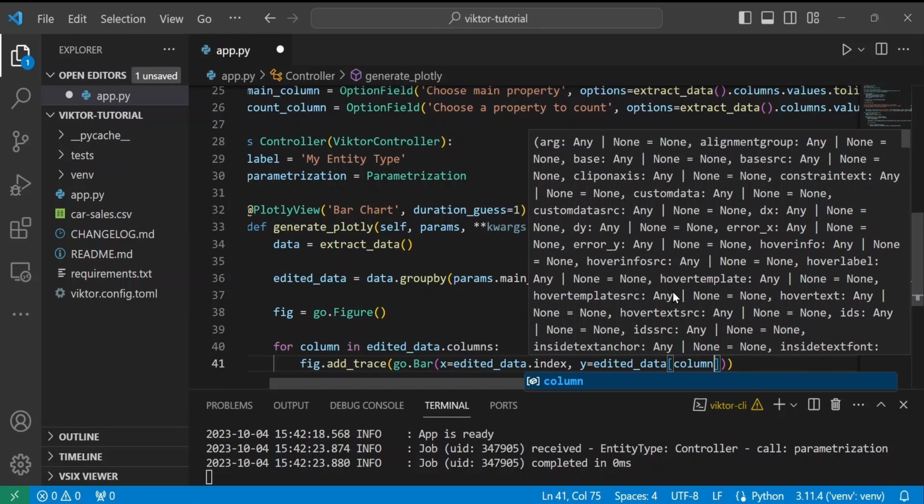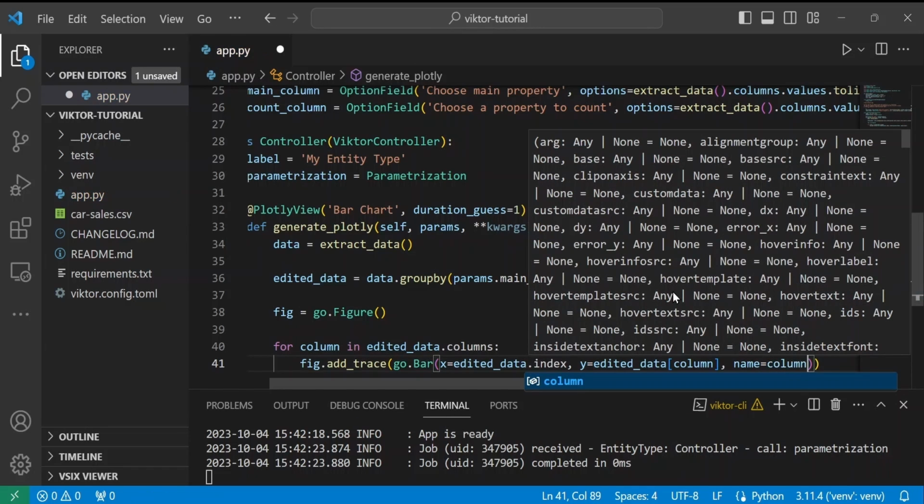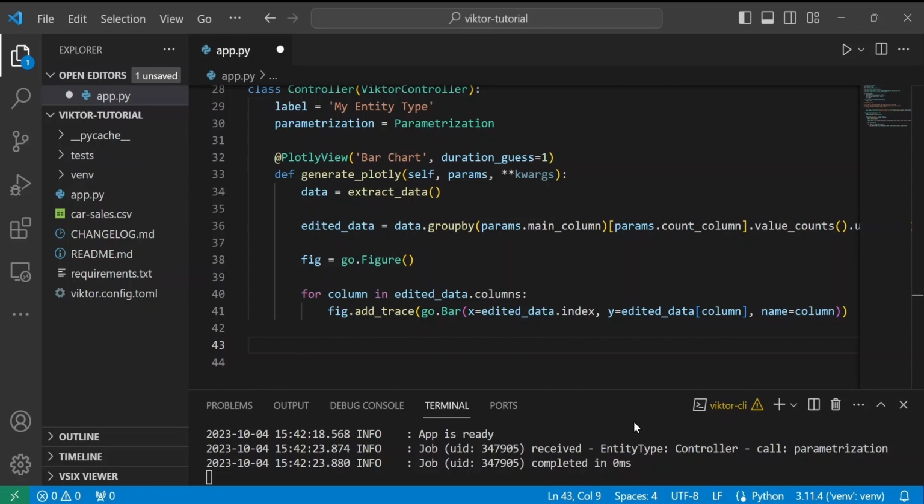Like so. Finally, we'll need to give it a name as well, and that is simply the name of the column. Let's also style the bar chart a bit. We will change the bar mode and titles. We can just go